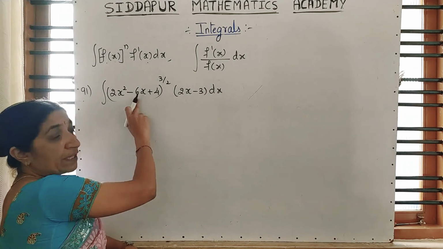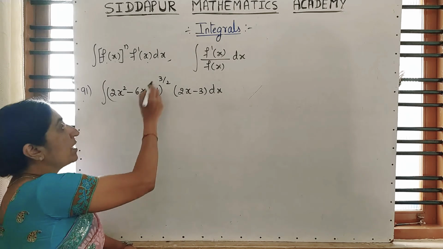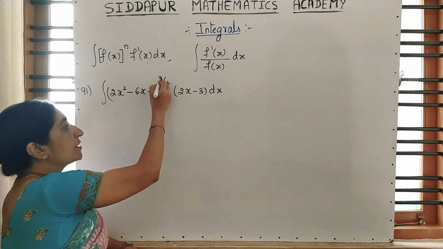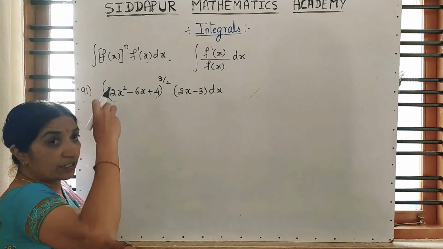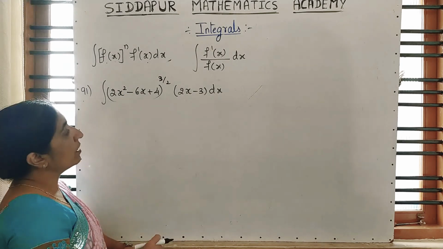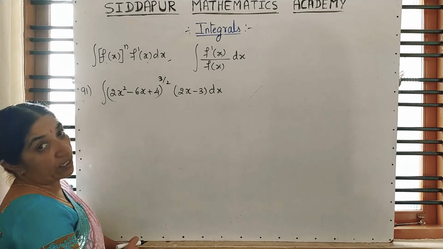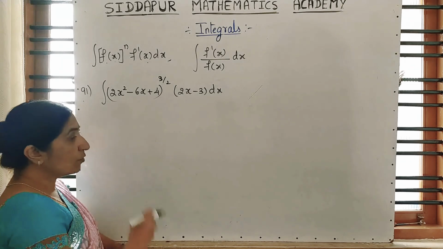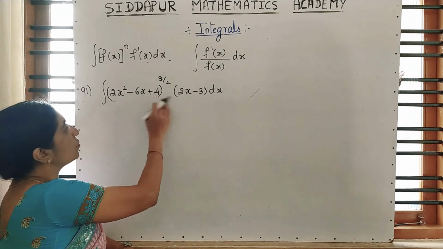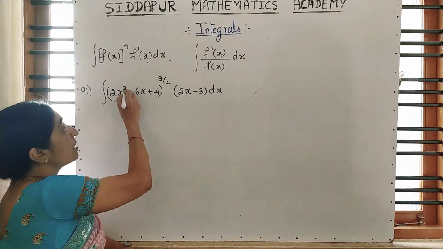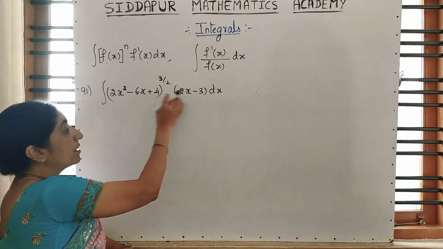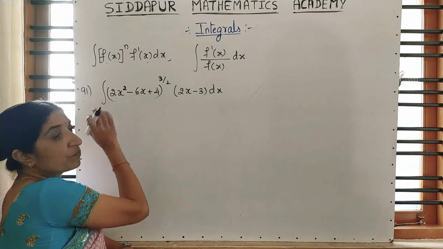Generally when you are applying these types of examples we have to go for the method of substitution, and generally 99% the power which is other than 1, that we have to write down as a substitution. Or one more hint is comparing these two, here it is x square, the differentiation of x square will be x, that means obviously this will be the substitution.